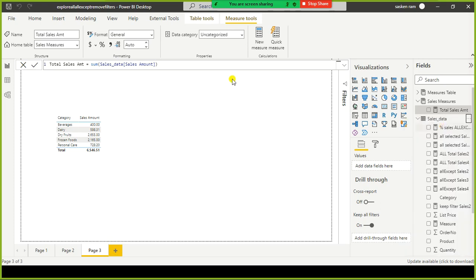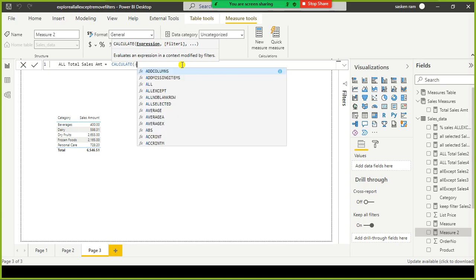I'm going to create a new measure. I'm going to use the CALCULATE function here, and use the measure which we already created, the total sales amount.